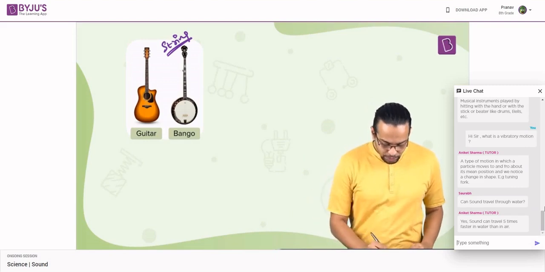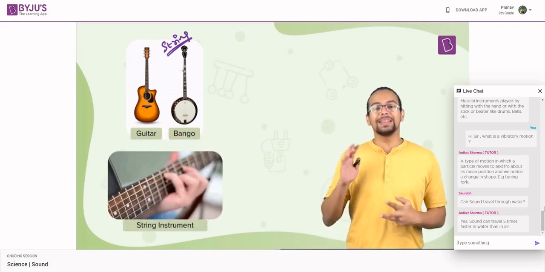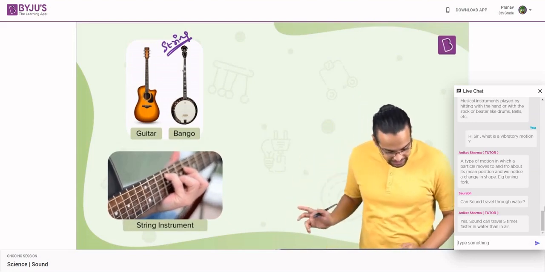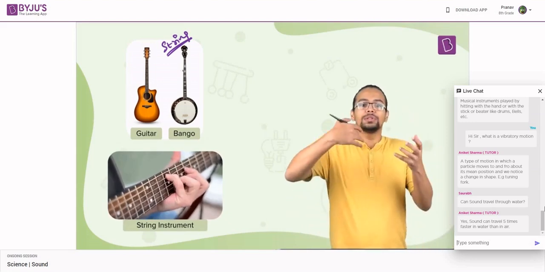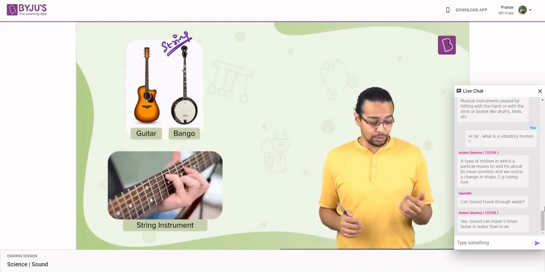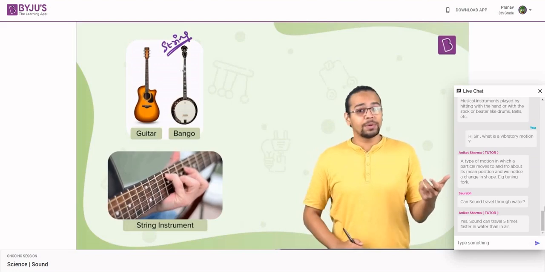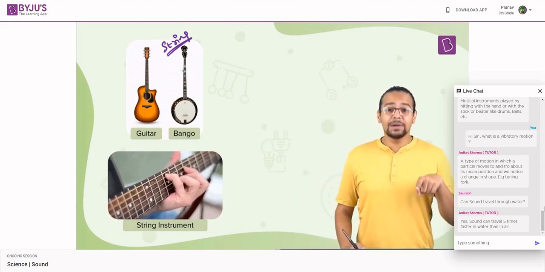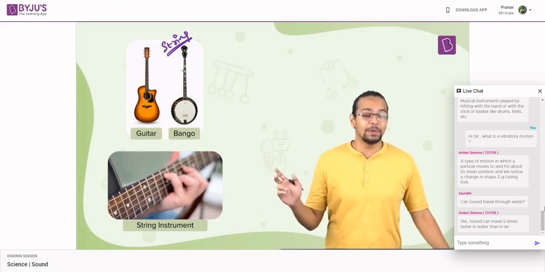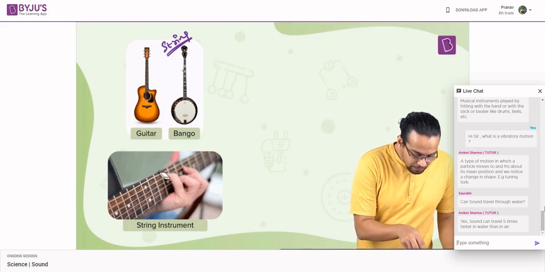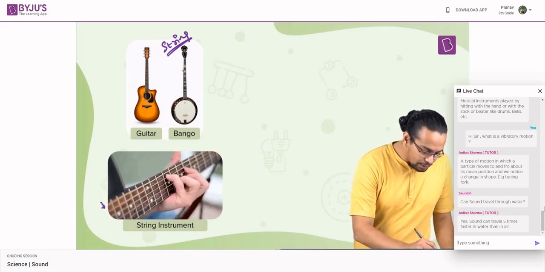Let me show you that in a little more detail with a slow-mo of something that you might have been familiar with already. You see those individual strings there? When you strum each of those strings, and I've made this in slow motion, mind you. If you try looking at a guitar, you might be able to observe it, but it's happening so fast that you might need a slow motion camera to capture it in that much detail. You see, each of these is moving to and fro and to and fro.